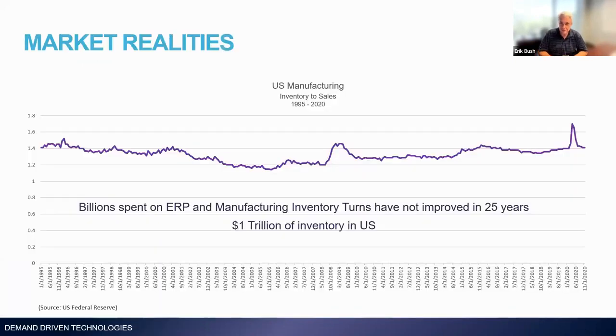The market realities. This is one of the most critical charts as I look at the supply chain environment. This is a picture sourced by data from the US Federal Reserve that shows that US manufacturers over the past 25 years have not achieved improvements in their inventory turnover rates. This is done as inventory to sales, but suffice to say that both at the macro level here from the economic data from the Fed, but as well in our experience in talking with clients, some of the study analysis we've done on financially or publicly traded companies and their results, it bears out that we are really at the same place we were 25 years ago.